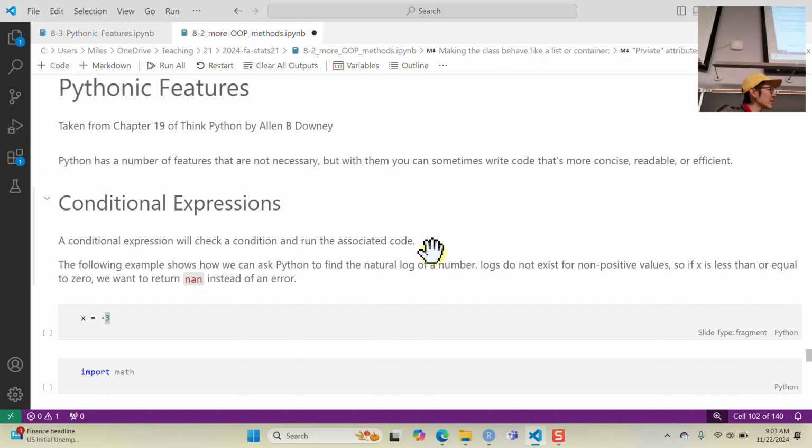They're not necessary. Python could have been totally fine without these little features, but these are some of the things that Python does,